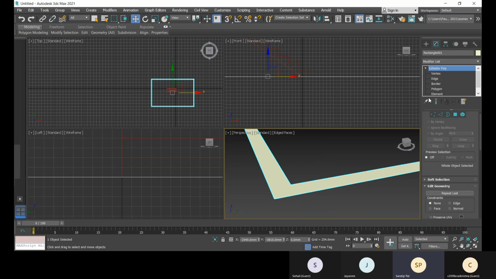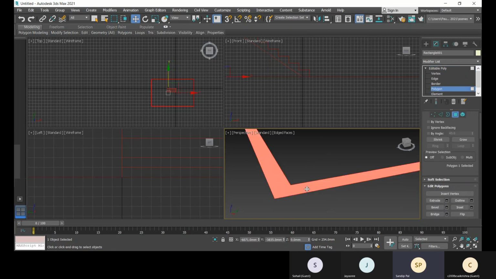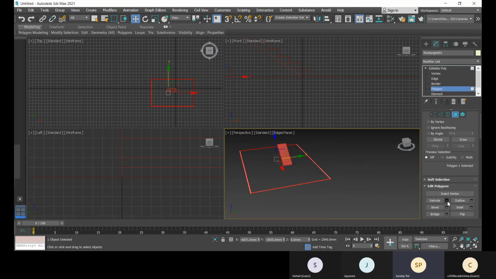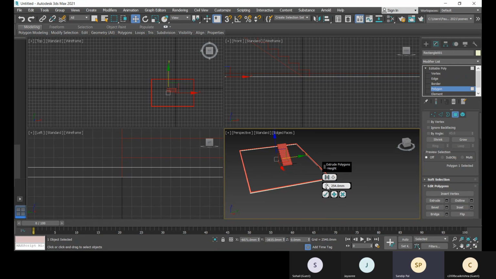You can go to this polygon and select this, and you can extrude from here and give the value like that.